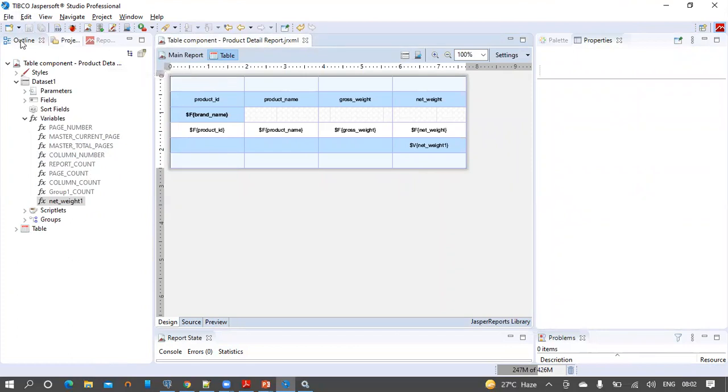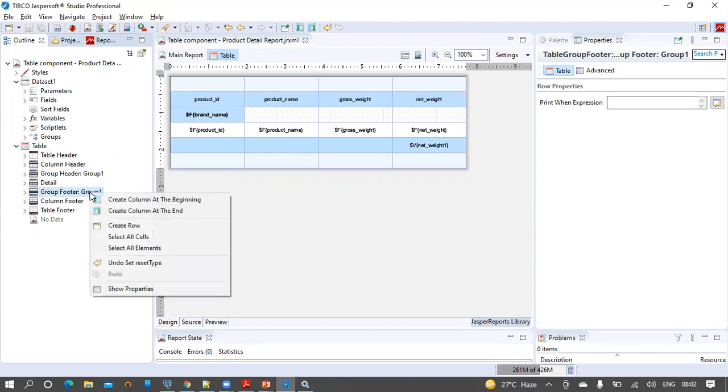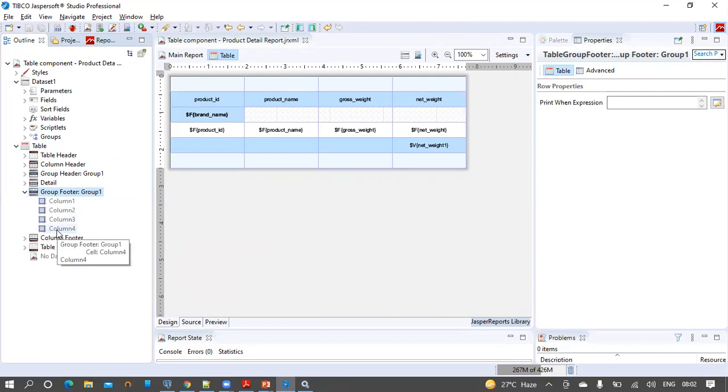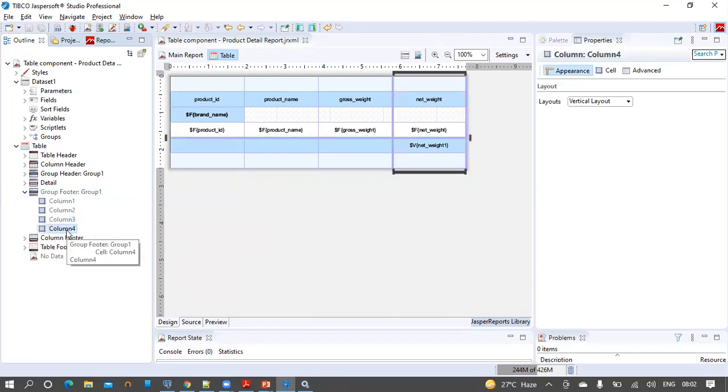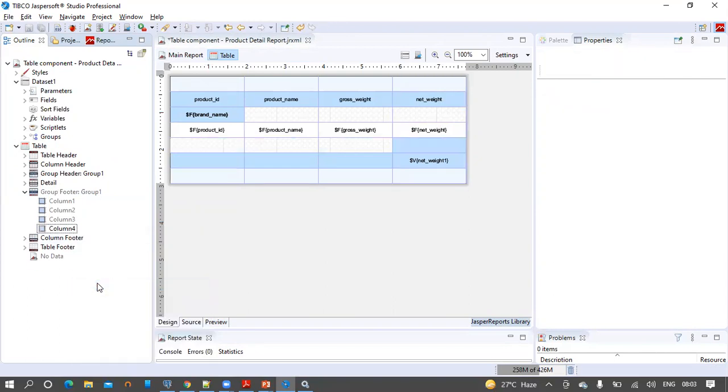Basically we haven't created the group footer band here, so that is why we are not seeing the group level summations. So to enable the group footer band, go to the table node, select the group footer band here, and expand it, then select column 4 here. We want to keep it at the right side, so select column 4, then right click on it and click on create cell.